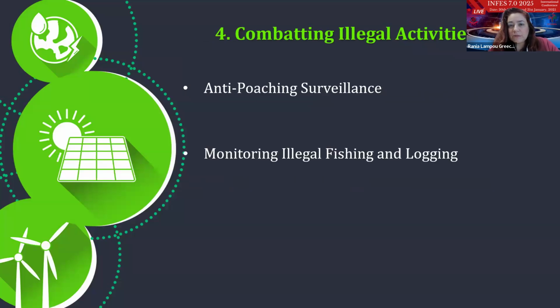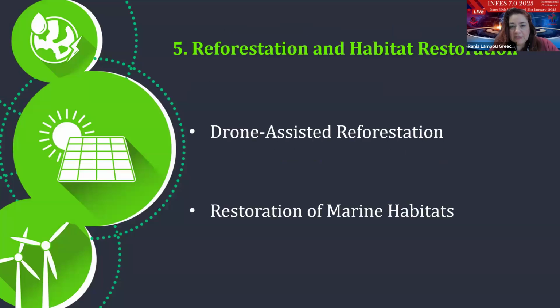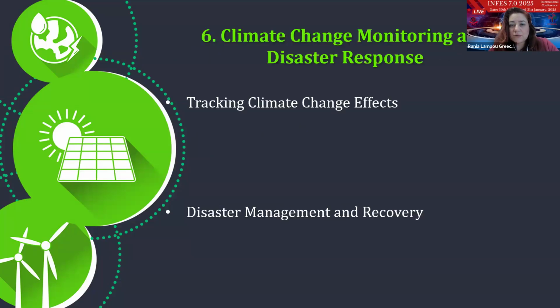Of course, this way we can combat the illegal activities I mentioned before. With reforestation and habitat restoration, drones have revolutionized reforestation, as we're going to see later. Climate change monitoring and disaster response is another issue: how we can track the effects of climate change, and how we can provide real-time imagery to guide disaster response and recovery efforts, ensuring that conservationists can begin restoration work as